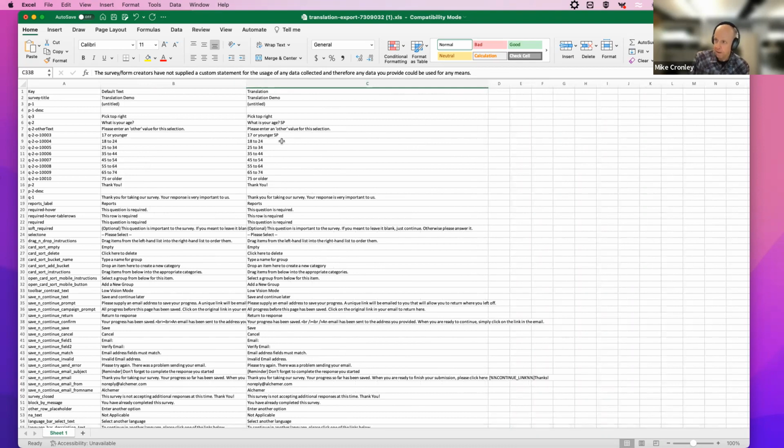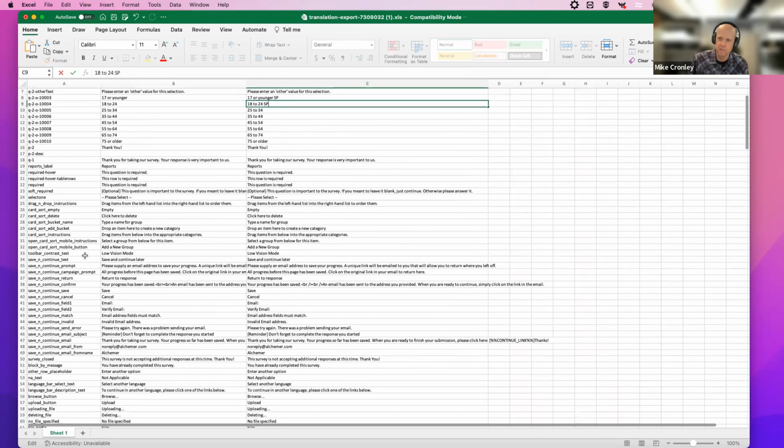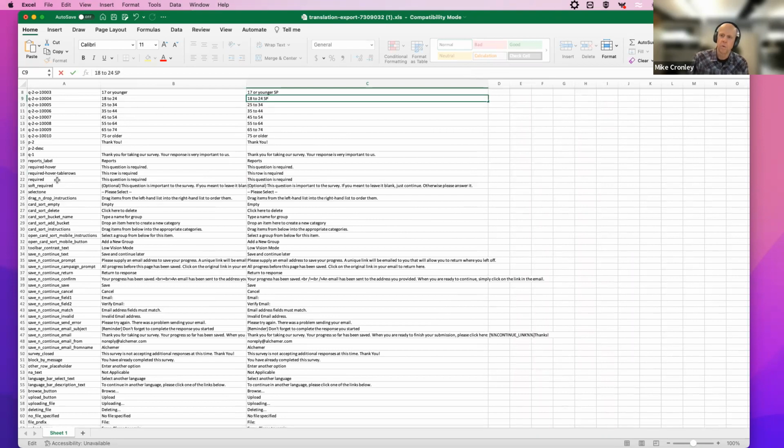So I would like to translate this. So I'll make that Spanish. And I go through the whole build of the survey and I'm translating this column. There is quite a bit of system generated messages that could potentially show up. So all this bottom rows, I might not have a save and continue in my survey.